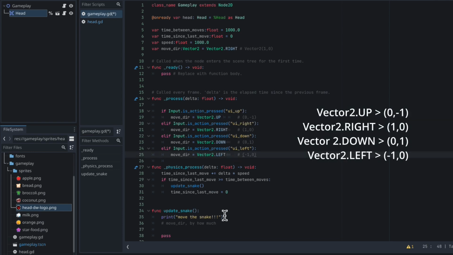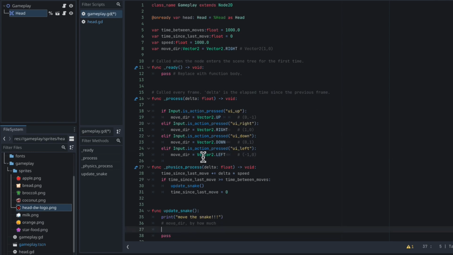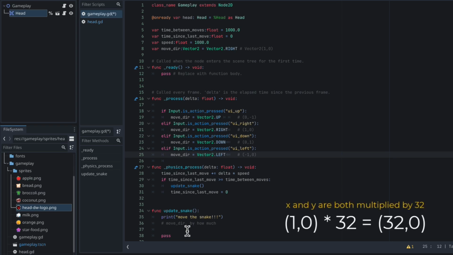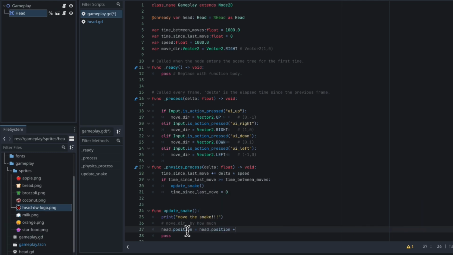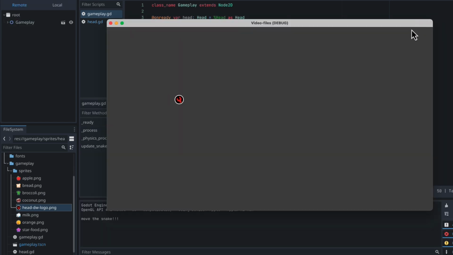So to move our snake, we can actually multiply our move direction by the size of our grid. So in our update snake function, we can do head.position equals head.position plus, then we can take our move direction and multiply it by 32, which is our grid size. So you'll see if we play this now, it should start out moving to the right very slowly. And if I press up,